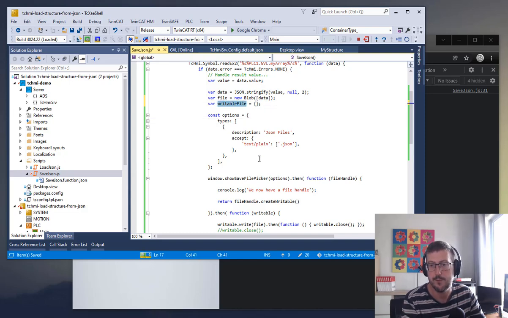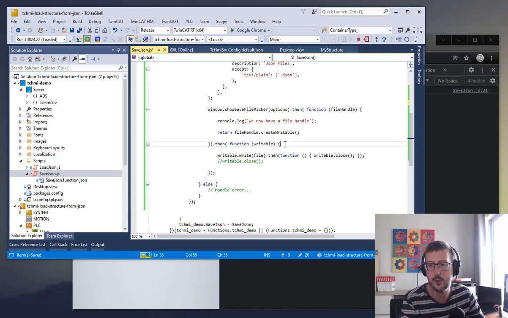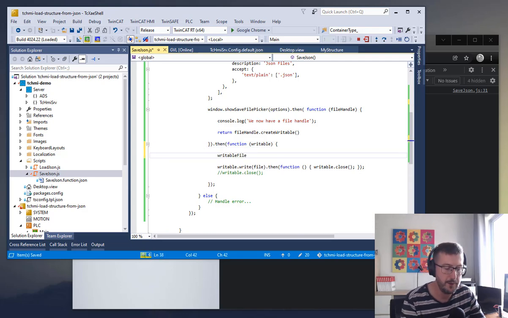Okay, so I've got a writable file. When this thing gets called, writable file is going to be equal to writable. And I think, do I have to do set? No, let's just make it equal. I think I'm confusing two different languages there. So writable file at that point,